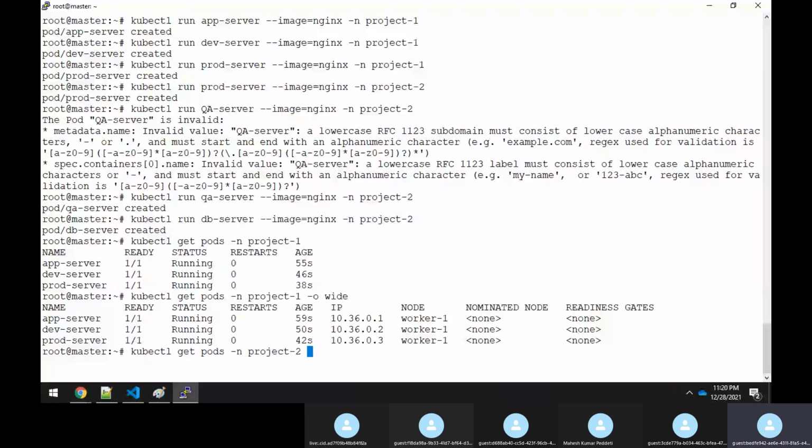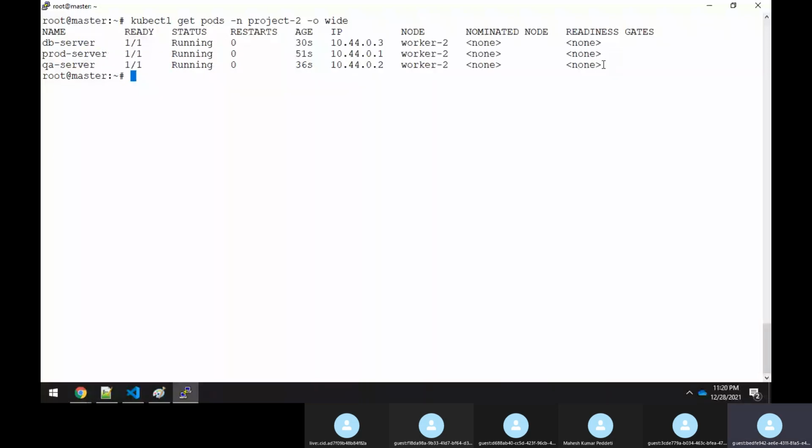See, all these are running under worker 2. Now what happened? You have bound the namespace to a label where you have scheduled all these pods to run under worker 2 itself. Otherwise, even though you had a namespace, all the pods created in the namespace were scattered between the nodes because you didn't have control, right? Later we bound the label. Correct, sir? Is it clear, sir?